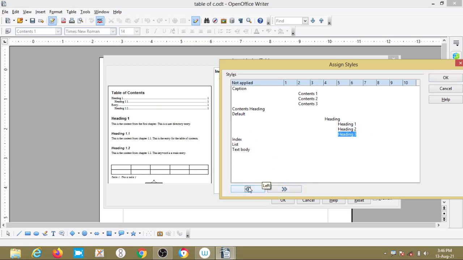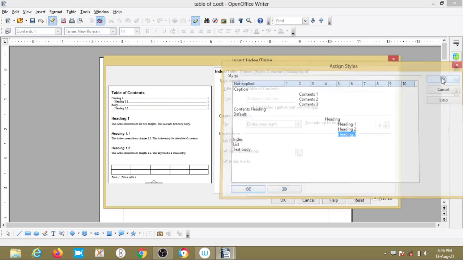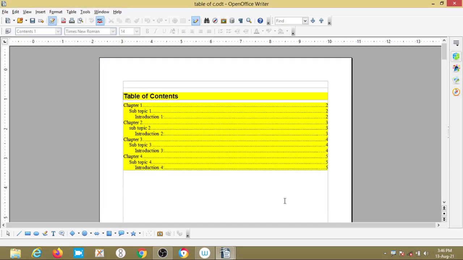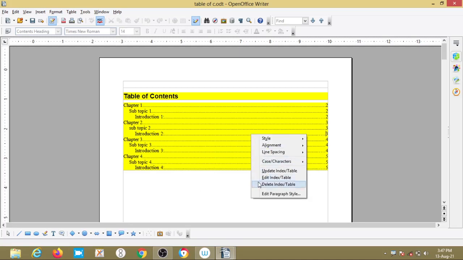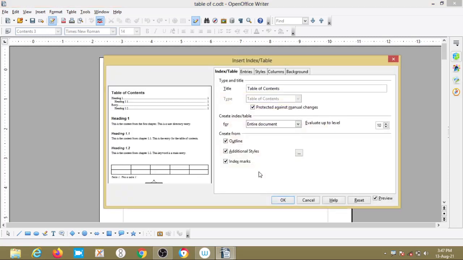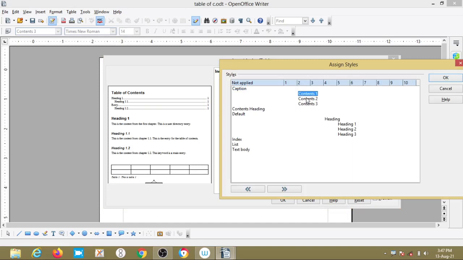So what it will do, gives okay, then see the changes here, subtopic introduction, subtopic introduction, subtopic introduction, okay. Right click on that, edit page, additional styles, so select